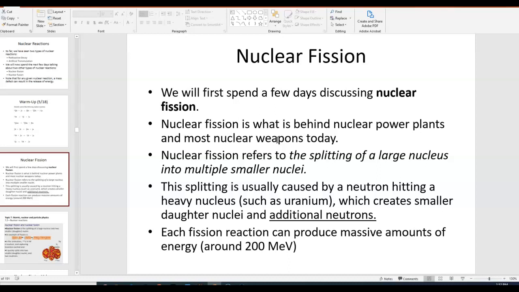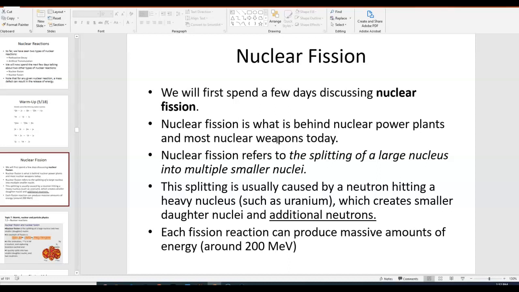And the ionization energy of, let's say, hydrogen is somewhere around 13 electron volts. Okay, so compare 13 electron volts to 200 million electron volts, and you're talking massive amounts of energy. Okay, and again, this is per reaction. If you multiply by billions and trillions of reactions happening per second, you can get a lot of energy from